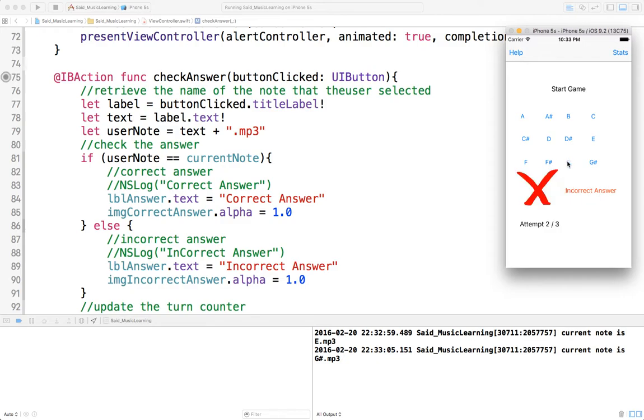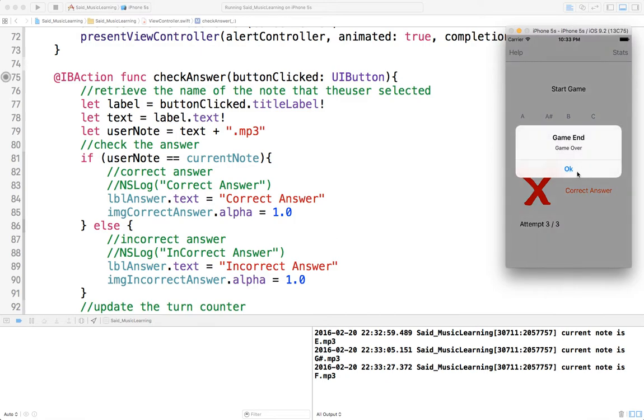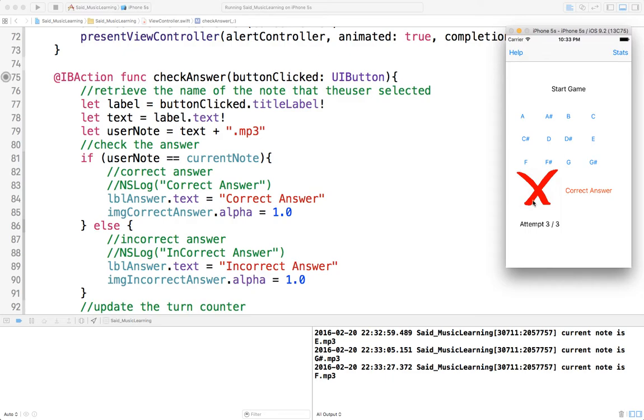So if I say an incorrect answer, the image appeared and it is on top of the other image, and the attempt is showing an incorrect, it will switch from correct to incorrect because we show it. But now the two images are appearing on top of one another. So if I do correct answer, because the correct answer is showing below the incorrect image, even though the answer is correct, the correct answer image is hidden beneath the incorrect answer. So to fix this, what I need to do is,